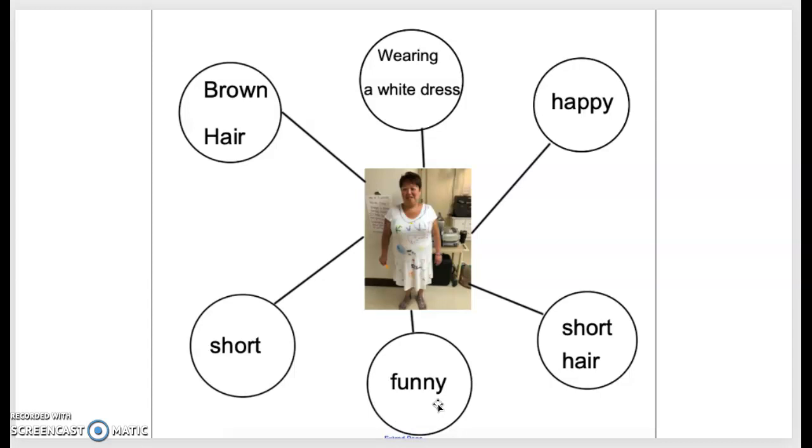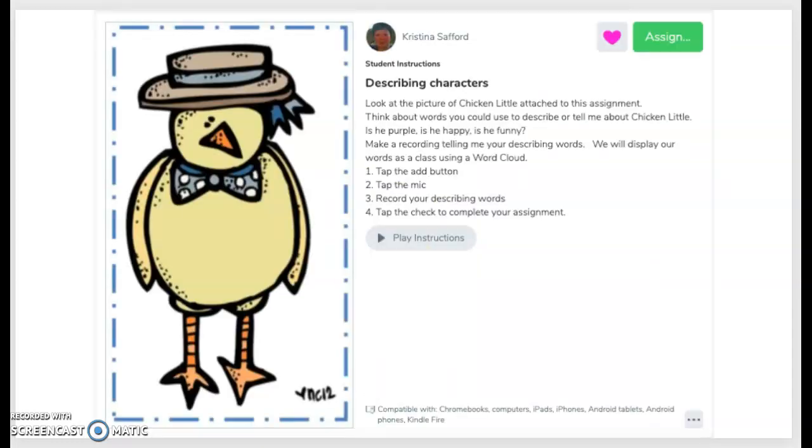Okay. Now, I want you to think about the characters in Chicken Little that we've been talking about, okay? I want you to think specifically about Chicken Little himself. There he is, right there. Okay? I want you to take a look at this picture, and then I want you to think about how would you describe Chicken Little to someone who's never read the book or who's never seen a picture of Chicken Little. So your assignment for today attached to your